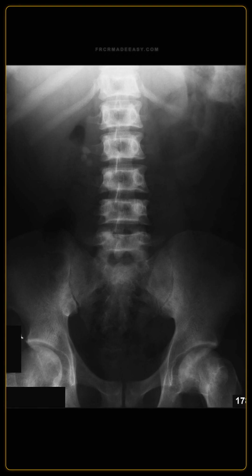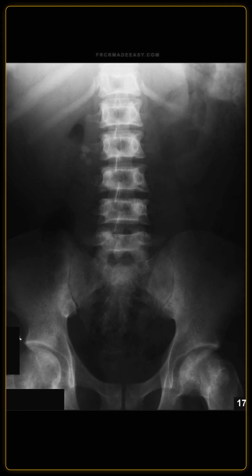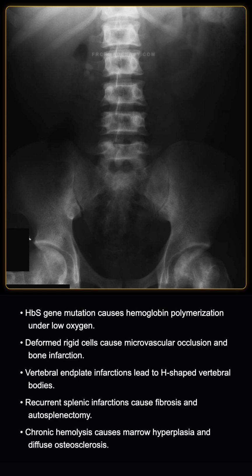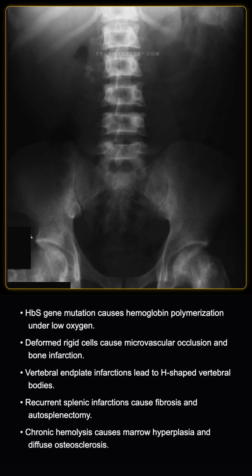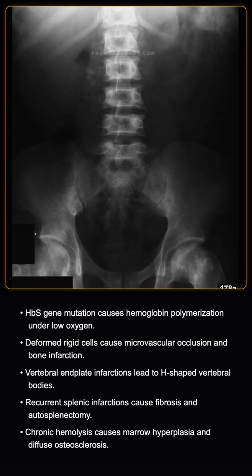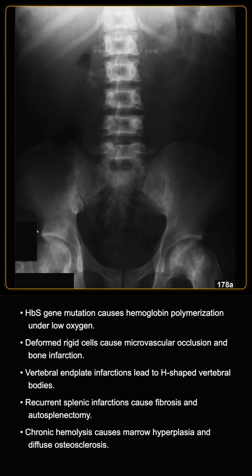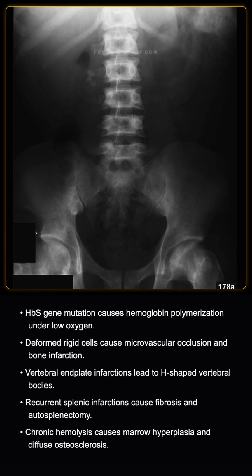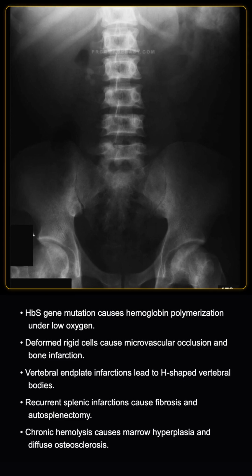What is the pathophysiology behind these skeletal and abdominal findings in sickle cell disease? Sickle cell disease is an autosomal recessive hemoglobinopathy where a single nucleotide substitution in the beta-globin gene causes abnormal hemoglobin S. Under conditions of low oxygen tension or dehydration, hemoglobin S polymerizes, causing red blood cells to deform into a